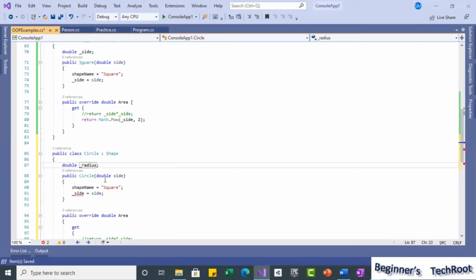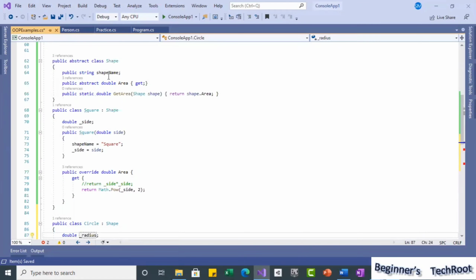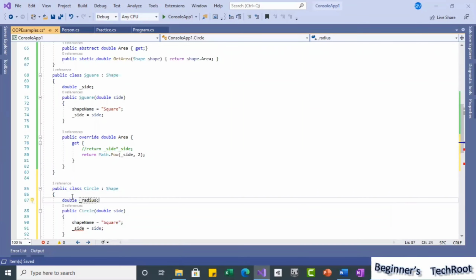See, this is where the advantages of inheritance come in. Whatever is in the base class we already have, and in the extended class, the derived class, we define whatever additional members are specific to it. Here we defined a side, here we define a radius.